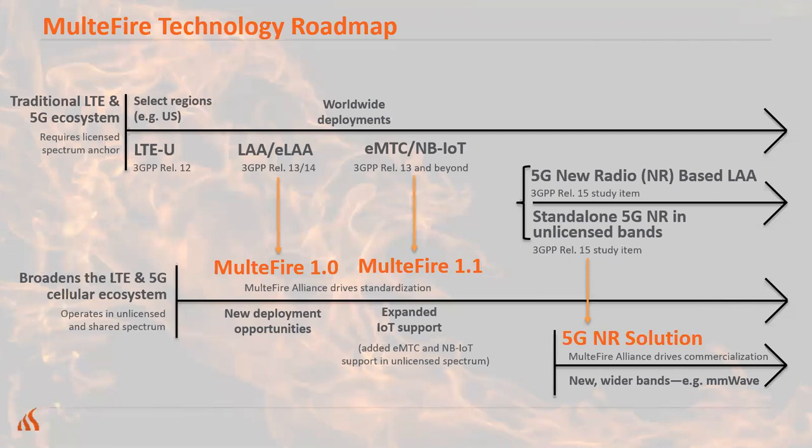As you see, looking forward towards 2019, the Alliance is looking, same thing we've done on the LTE side of the 3GPP releases, we are also looking toward 5G releases of unlicensed spectrum opportunities, and the MulteFire Alliance will be working to define how best to commercialize these use cases.